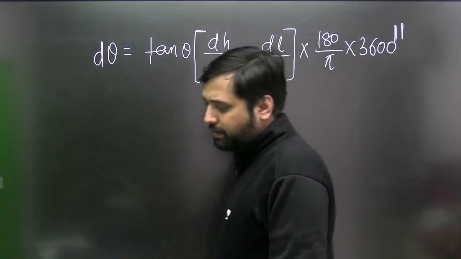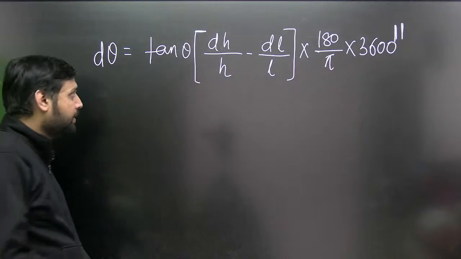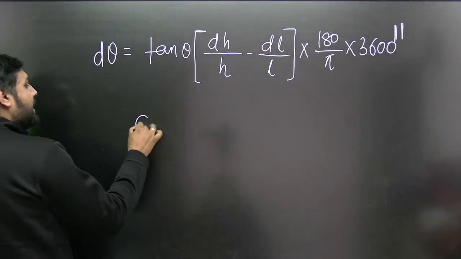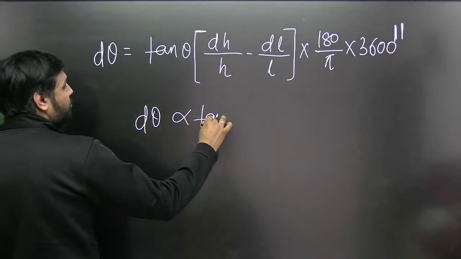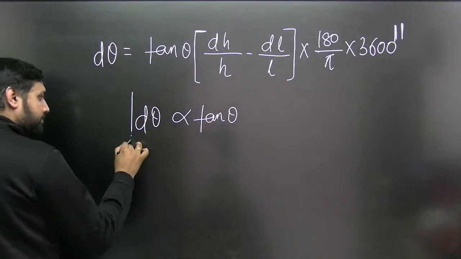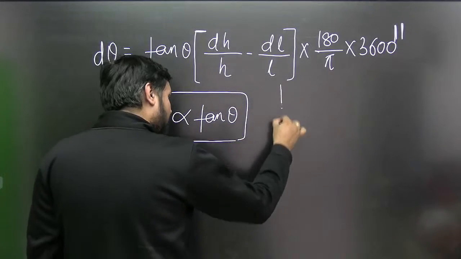And mostly that error will be there in the second. But listen carefully. Here you see the error in the angular measurement of the sine bar is directly proportional to tan theta, right? Yes? Now, I hope all of you know